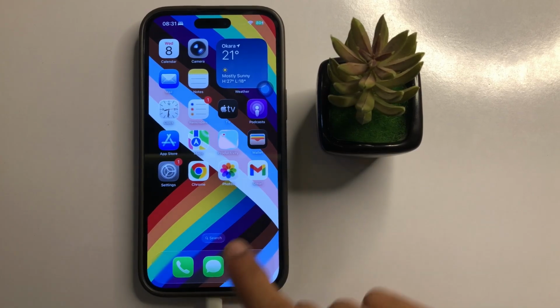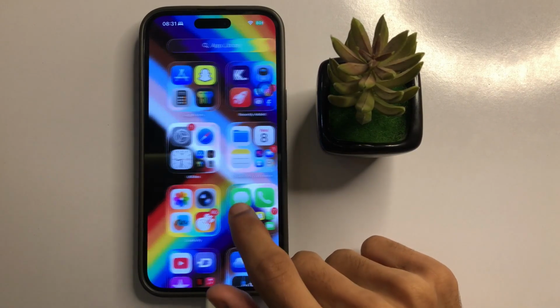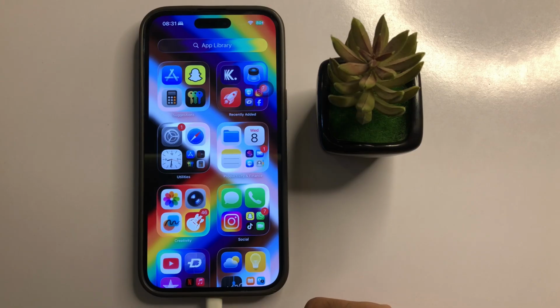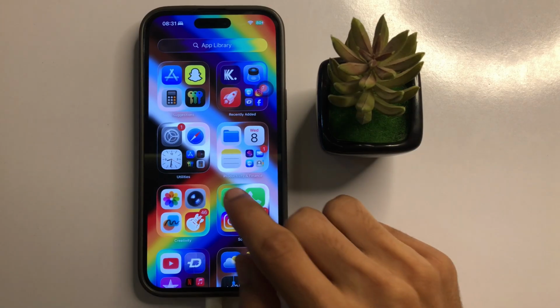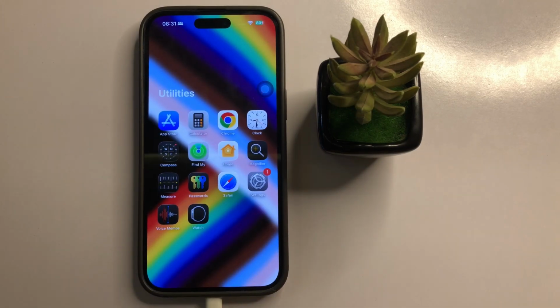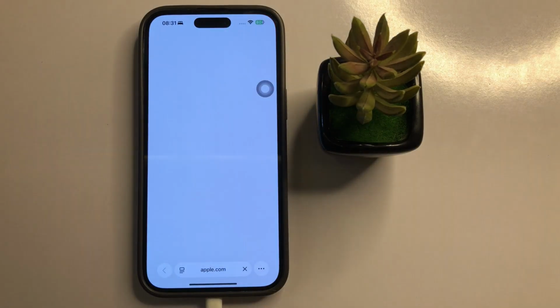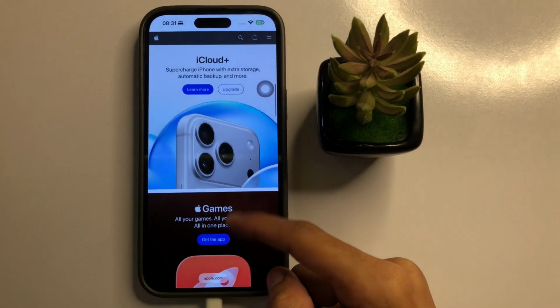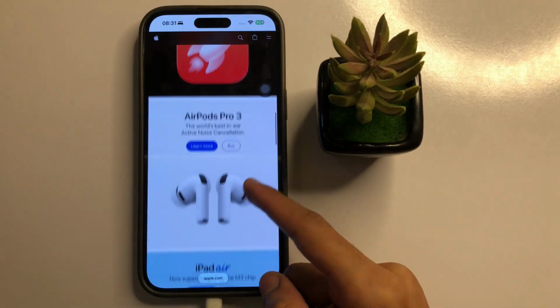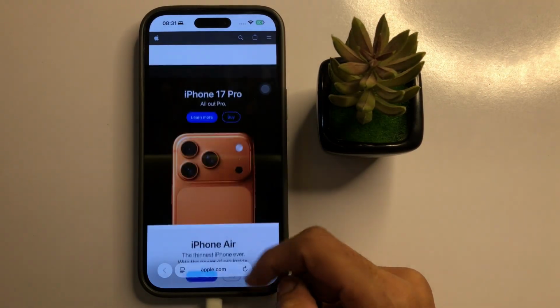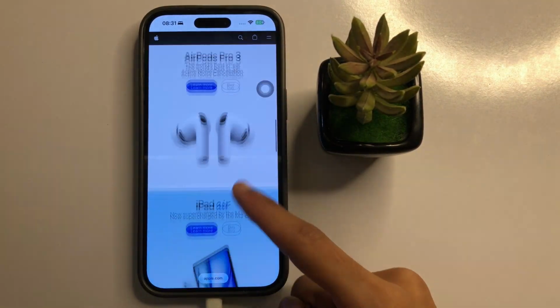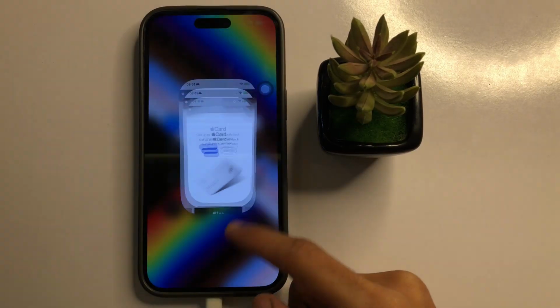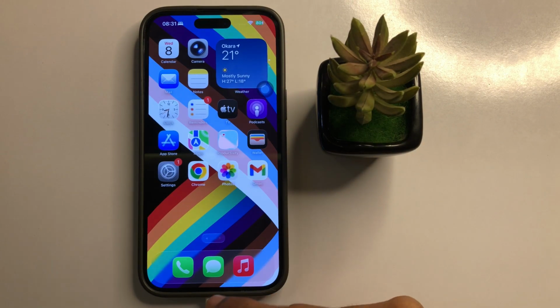First of all, go to app library and check your internet connection is working properly. So click on utilities folder. Now here click on Safari app. Now in Safari scroll down. You will check your internet connection is working properly. Yes, it's working properly. So after the procedure, go back and